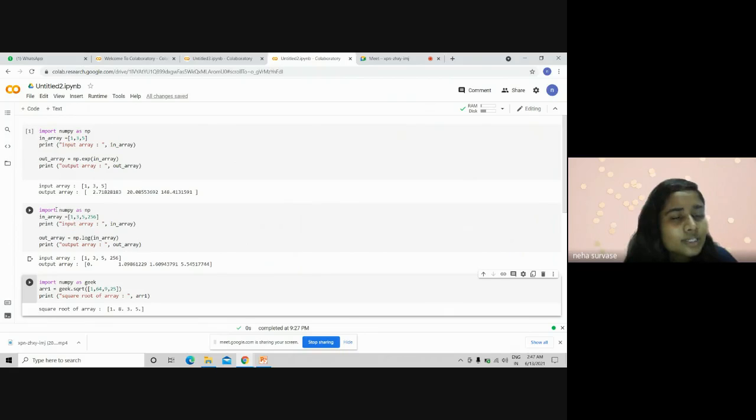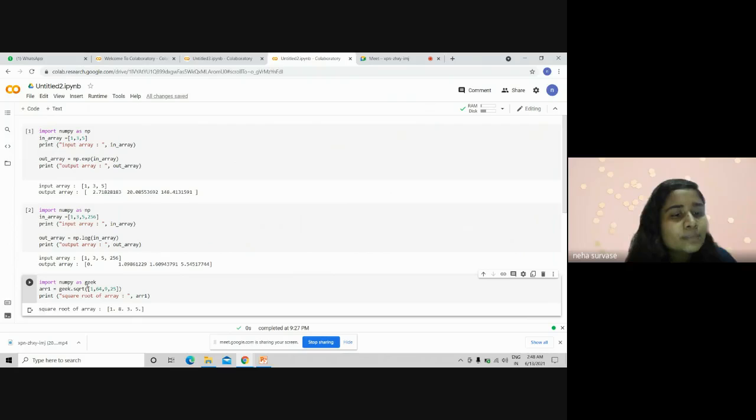And now the second code is taking the log of the input array. So here we have imported the numpy library. Here is the input array with the elements 1 3 5 6 5 2 20 256, and we are printing the input array. Now output array equals np.log of input array. So here we are taking the log of the input array. As we can see, the input array 1 3 5 6 is printed, and here is the output array, which is the log of the input array. So these are the values of the log of the elements of the input array respectively.